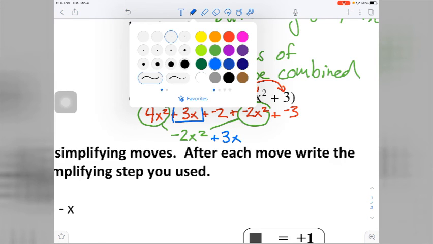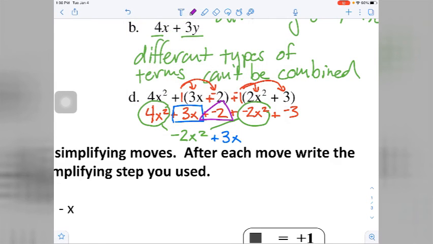And then let's see, 3x is its own thing. And then the last one is, we'll use purple here, we have 2 ones. This is negative 2 plus negative 3, which is plus negative 5. So go check your work and